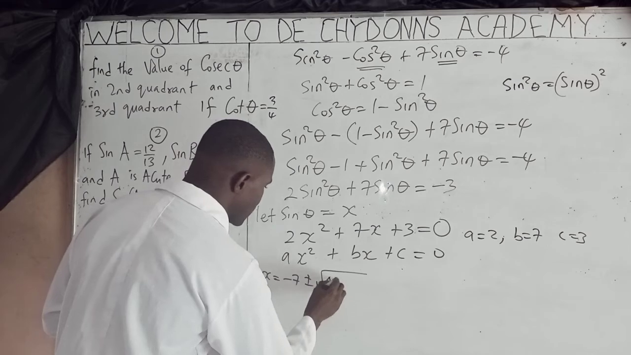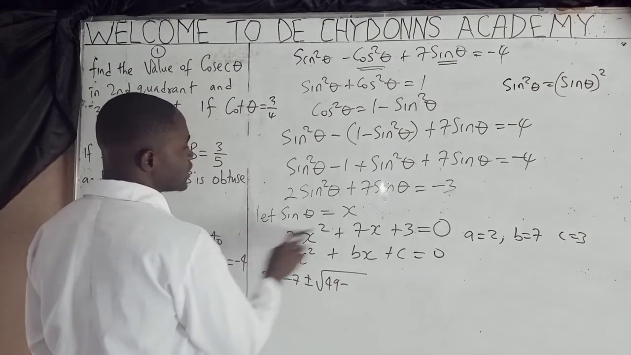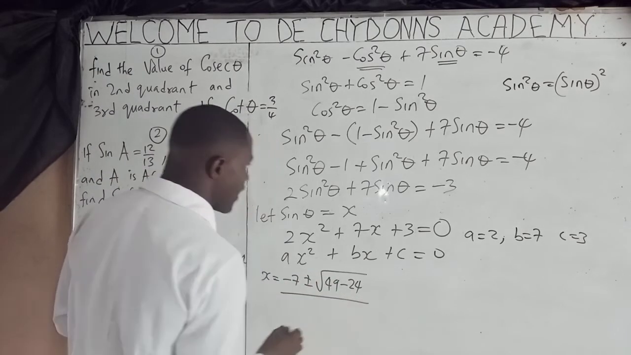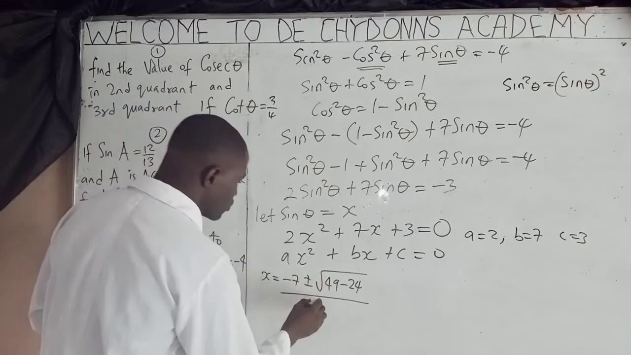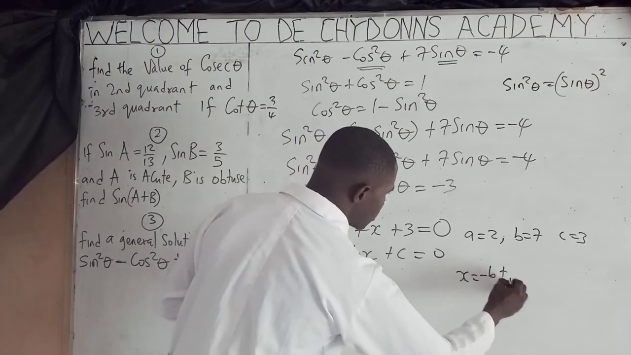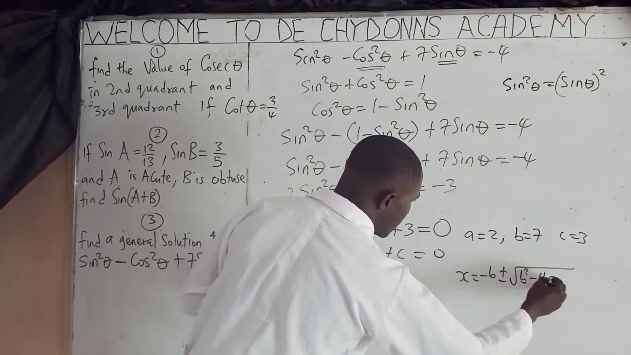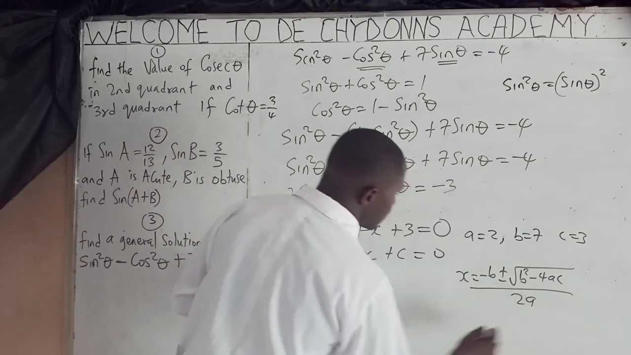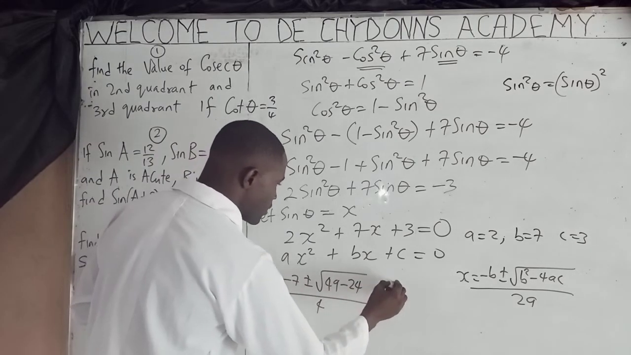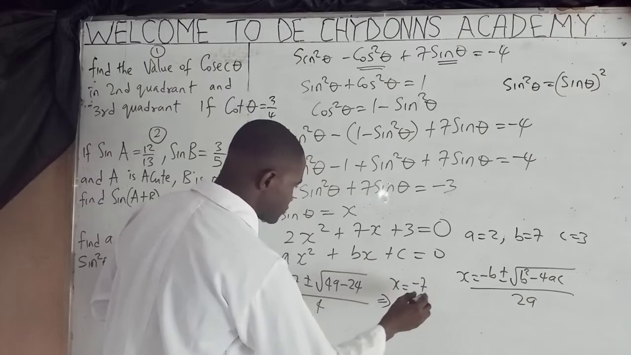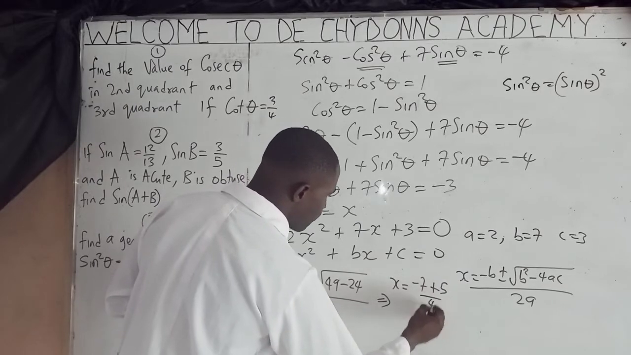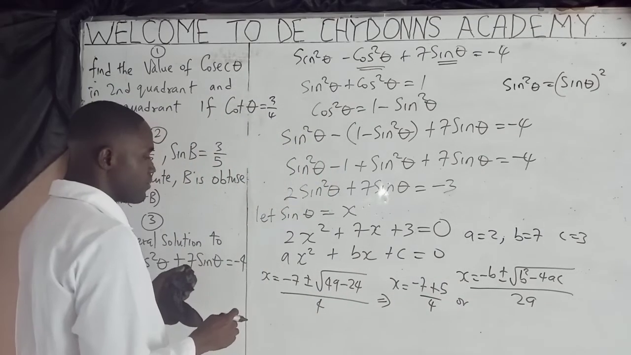B square, 49, minus 4 times 2, 8, times this, 24, all over 2 times 2, 4. We are putting it in the formula that says x equals minus b plus or minus square root of b square minus 4ac all over 2a in order to factorize it. Okay? So we now say this will be giving me x equals minus 7 plus square root of 25, 5, all over 4,